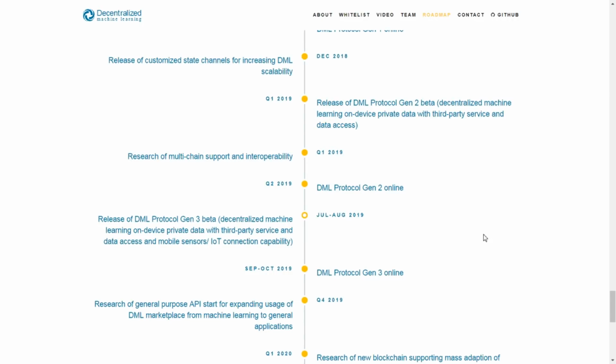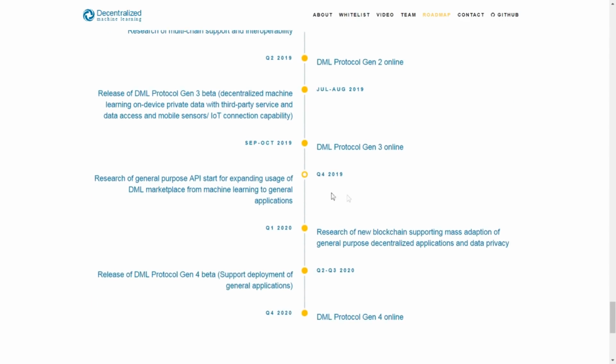Quarter 1, again, release of multi-chain support and interoperability. Quarter 2, the DML protocol Gen 2 will go online. Then the Gen 3 beta is expected in July, August 2019. September, October, we'll see it going online. And then quarter 4, they will research general purpose API for expanding usage of the DML marketplace from machine learning